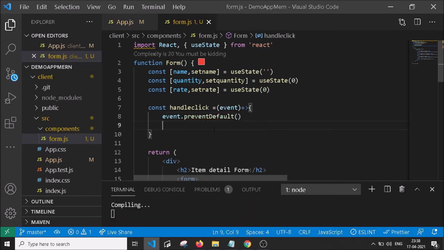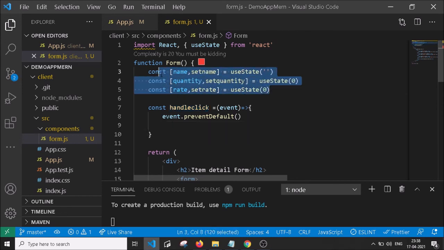So the statement will prevent the default behavior of the form, which is to submit the data. Whenever someone invokes the handleClick method by clicking the button, we would want to see the values for our three variables in the console. So we will say